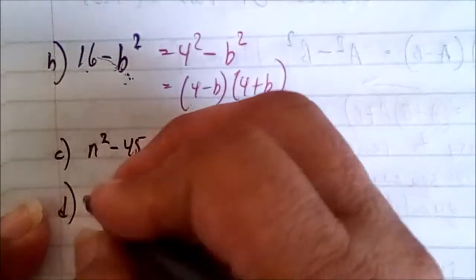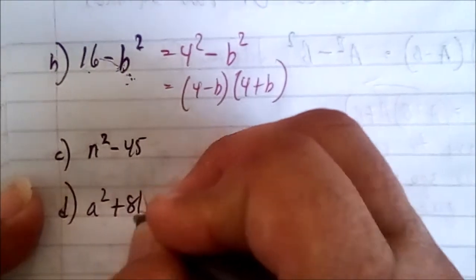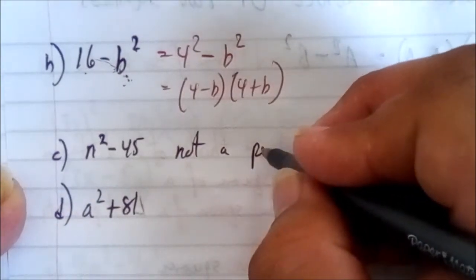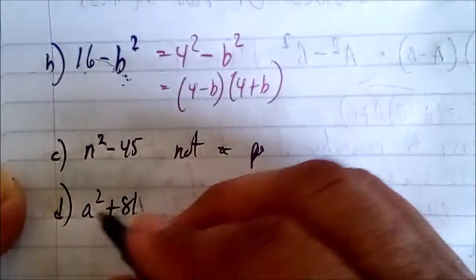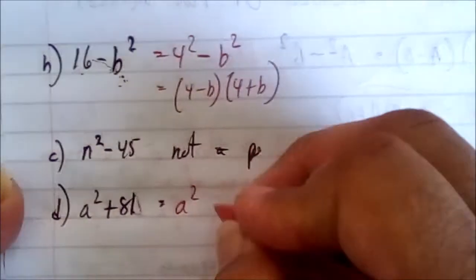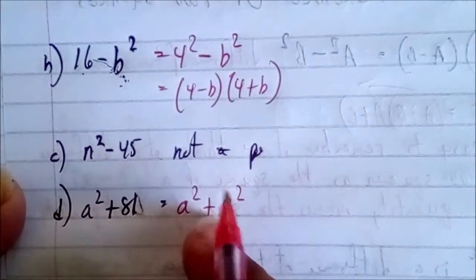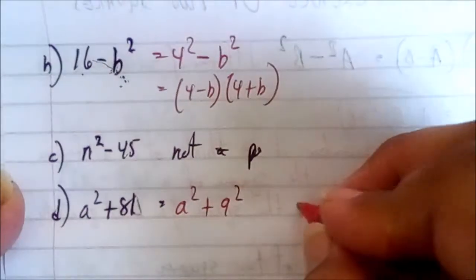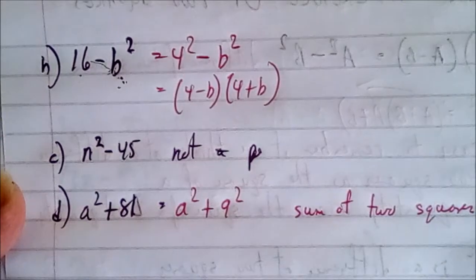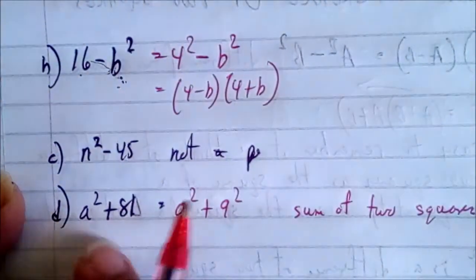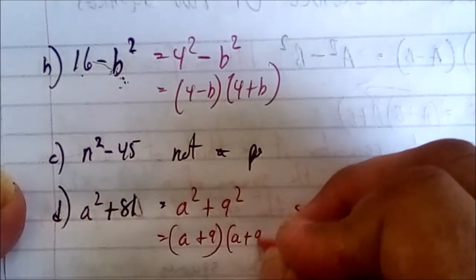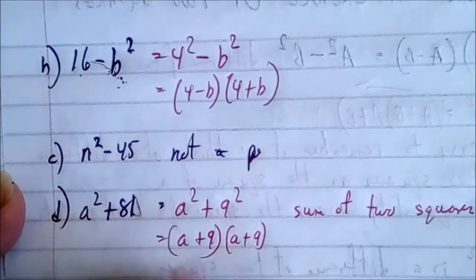Just because it looks like it works doesn't mean it works. So we have a squared plus 81. This is not a difference of squares. Now a squared plus 81 can be written as a squared plus 9 squared, and is therefore the sum of two squares. We might attempt to factor this as a plus 9 and a plus 9,